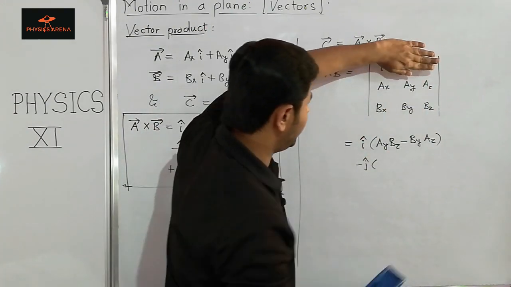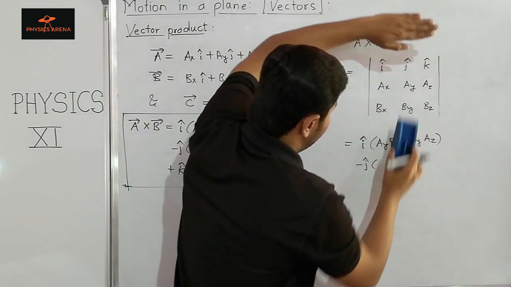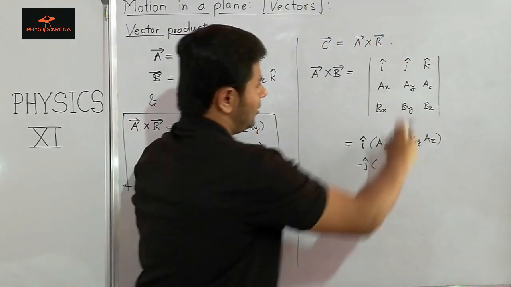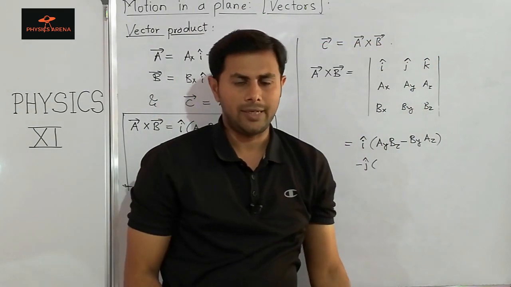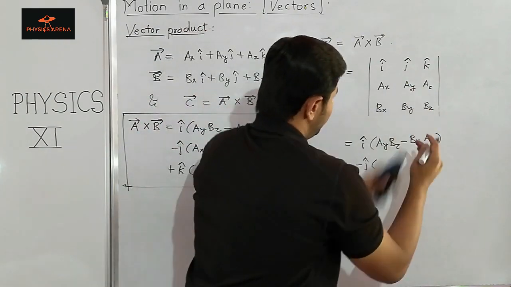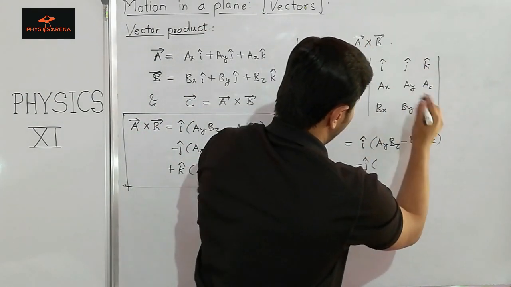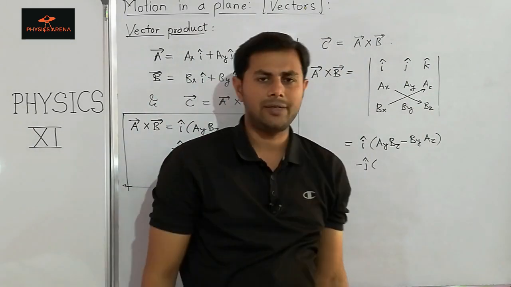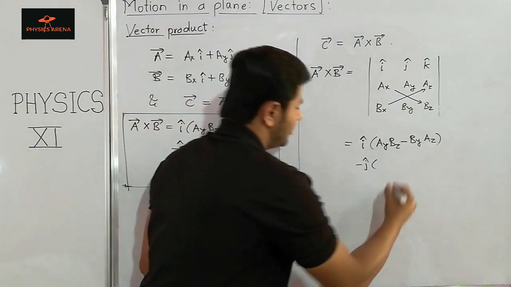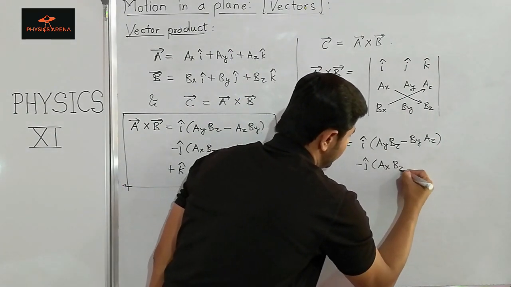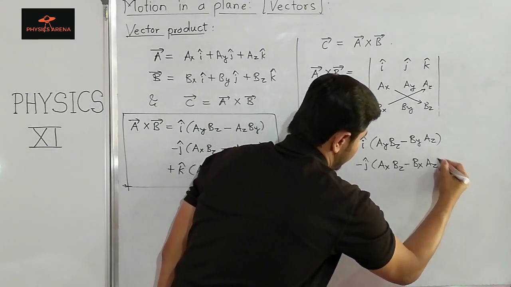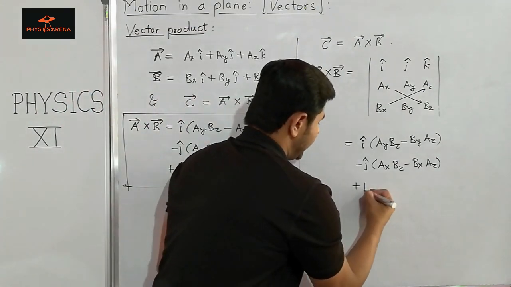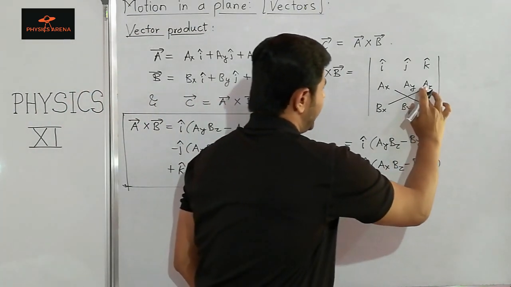Then hide row and column containing J. So row containing J and column containing J. Then we have these four elements. So it is AXBZ minus BXAZ. AXBZ minus BXAZ. And then plus K cap multiplied by,